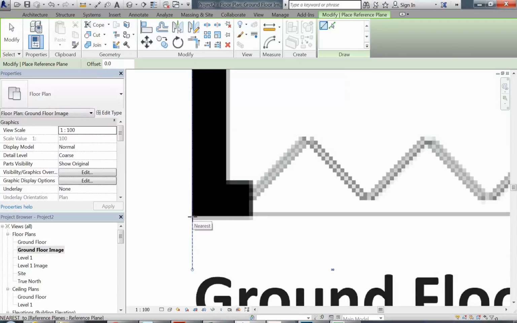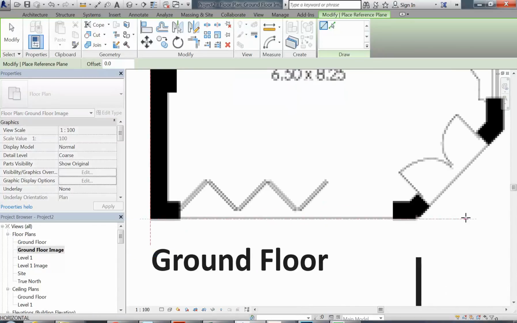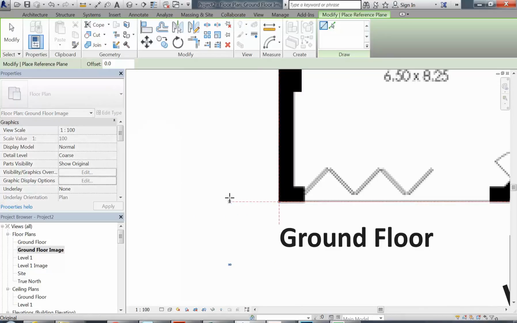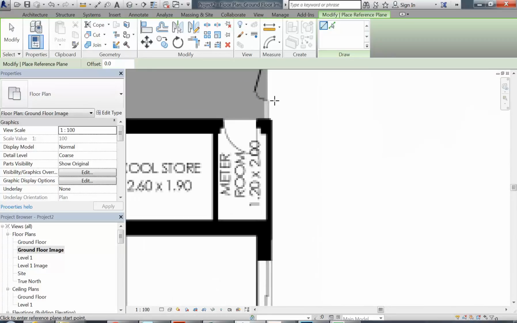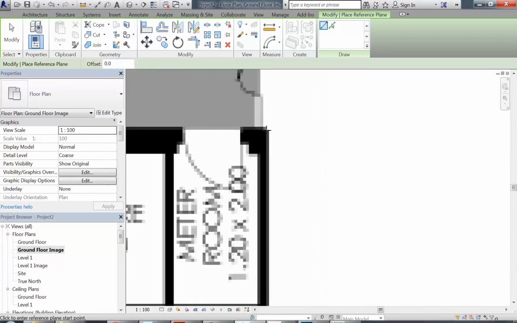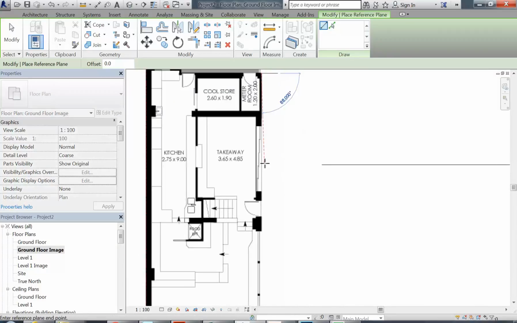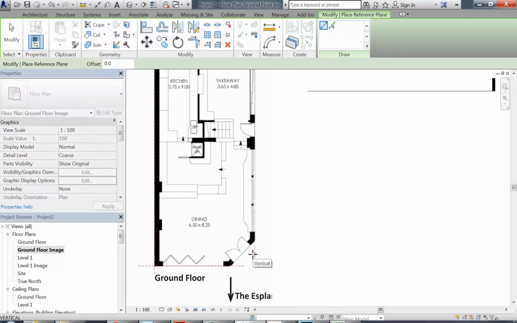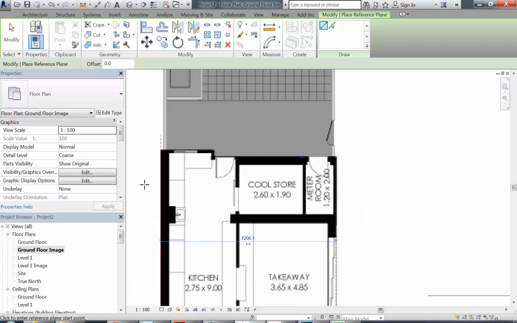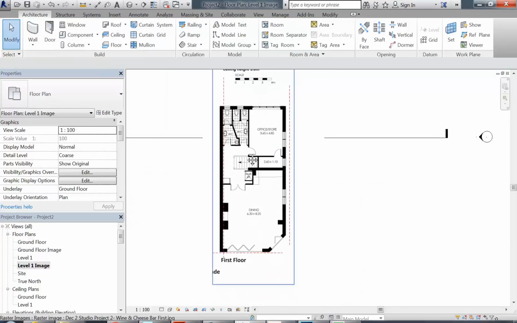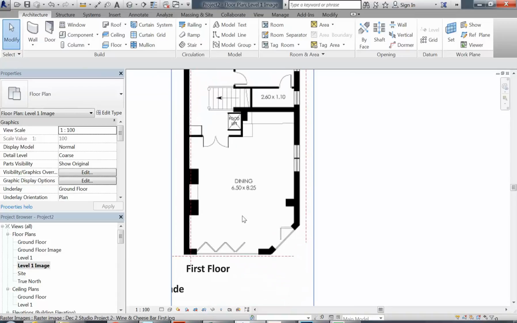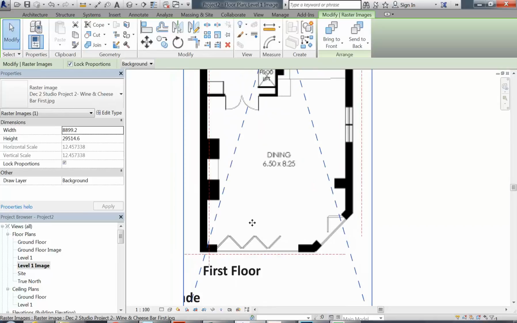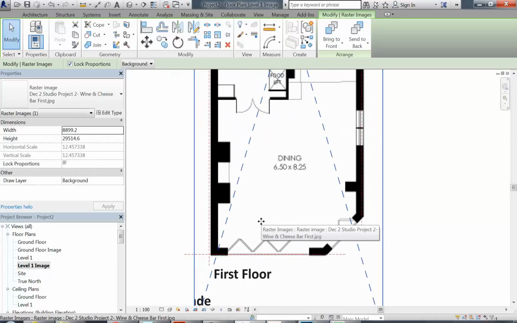And again, another one going this way. Don't need to do every wall, but all the main walls. So I definitely want to get this one here. And then let's see what's happening on level 1. Well, it doesn't go that far back anyway. So that's probably enough. And so I can select those, select the image now, and then just by either dragging or nudging with the arrows,